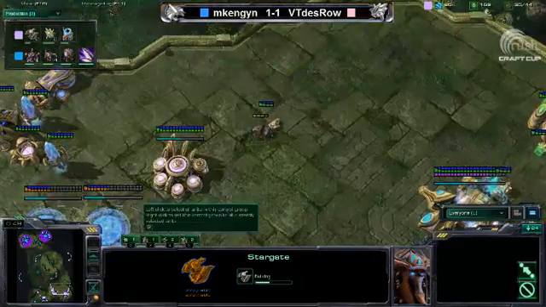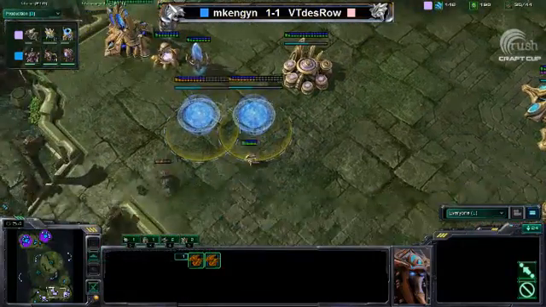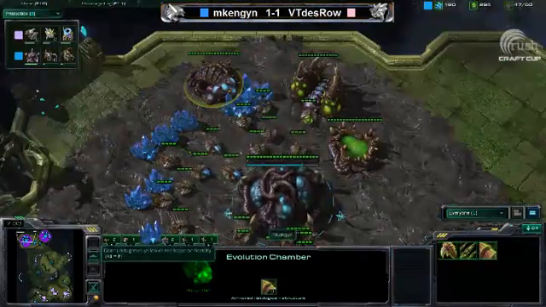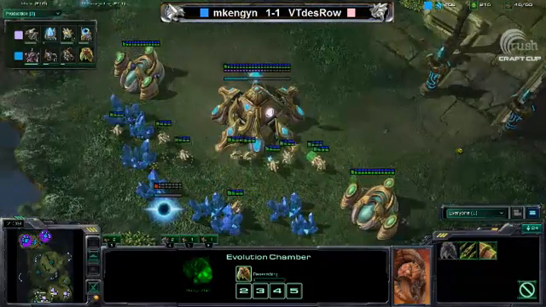And meanwhile, 2 Stargates thrown down for DesRow. Sorry to interrupt you. Go ahead. No. Yes, 2 Stargates down. But what I was going to say is that this drone is still alive, scouting everything. So an Evo Chamber went down for Mike. He's going to have a defense here for the Void Rays and the Phoenix that are going to come out. Although,